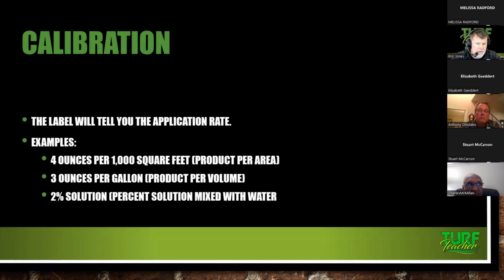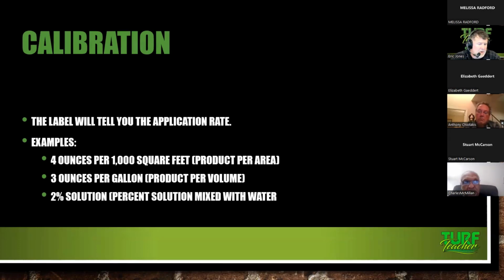And you need to read them every single season. You don't know what's changed, or you just need to brush up on what's going out there. And your technicians need to read these labels. If you ever get pulled over by the inspectors, or they come up to one of your properties and they're like, hey, what are you spraying? What's your rate? How much is in the truck? You're going to sound a whole lot more prepared if you can quote this stuff off of your label, and they're less likely to bother you.